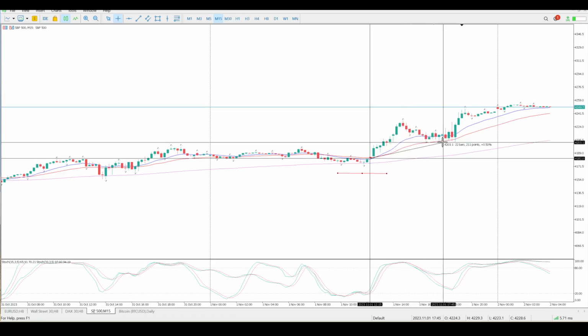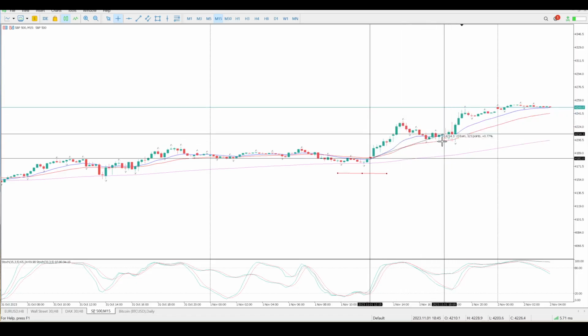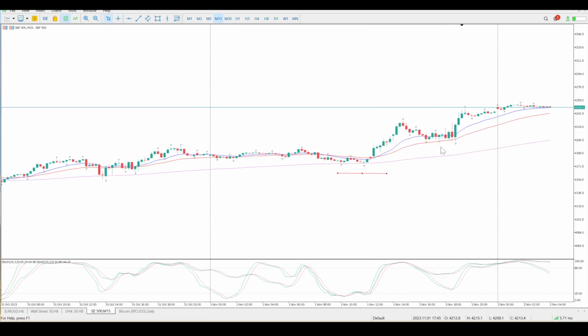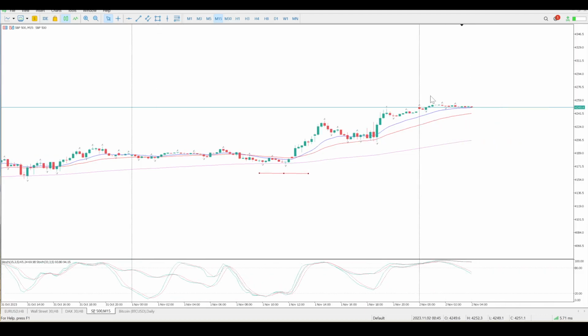You wait for the pullback. Here's the pullback. As soon as the pullback moves up, you move your stop up there. So you've locked in 150 points. Now what you're doing is you're waiting for the next move, next pullback, next bit of structure. You can add to that position, a small amount, and move your stop just underneath that. That should lock in some profit for you. And so you keep building that until you get to those upper levels.